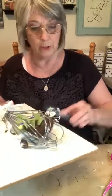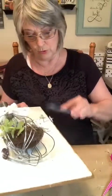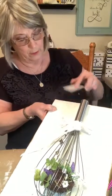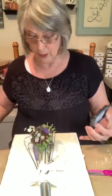And this would be adorable for anybody who has a vintage kitchen with a lot of kitchen tools or any of that kind of stuff. And I'm not sure what kind of hanger. I hadn't thought that through yet. What kind of hanger it might need to hang it in the kitchen. Probably just a hanger on the back, not take away from the...